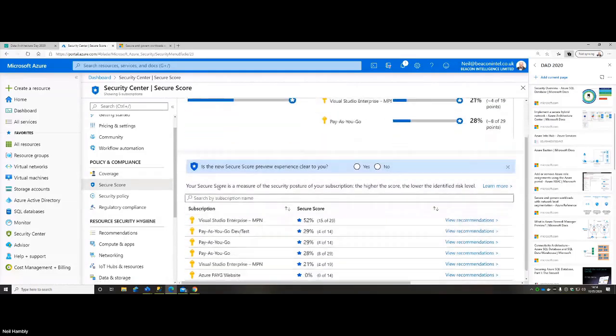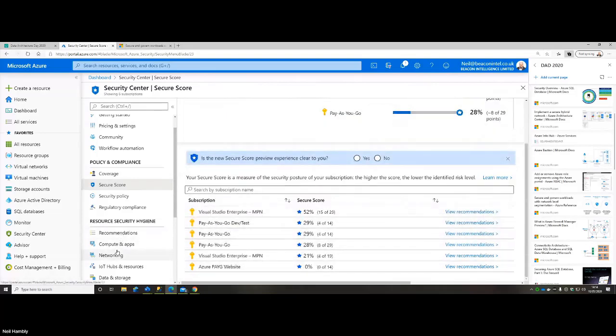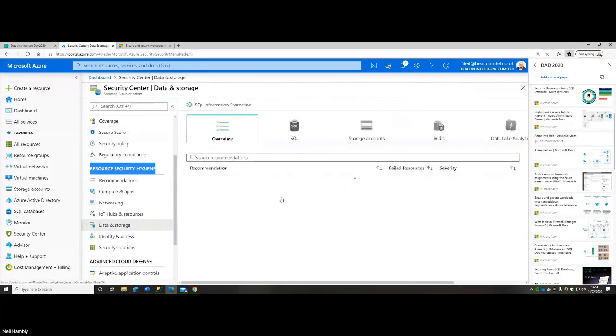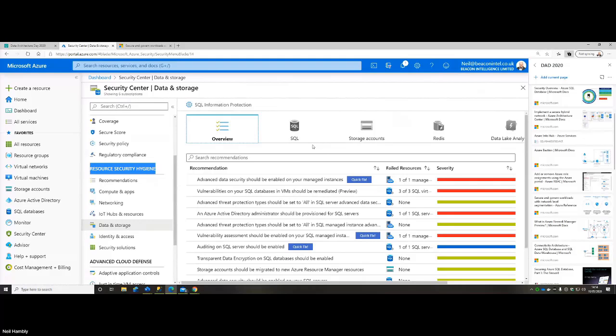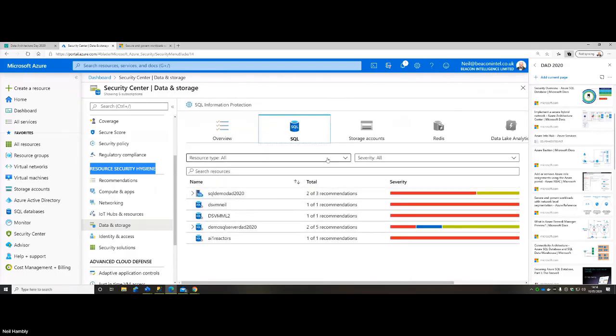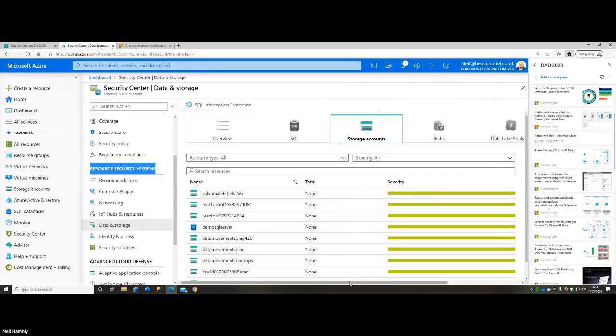I've got a breakdown of all those and what the recommendations are. But I'm going to come into the resource security hygiene area, and if I scroll down, there's data and storage. So this is about how my different SQL information protections might be explored, like SQL itself, the different services, storage accounts, other services.